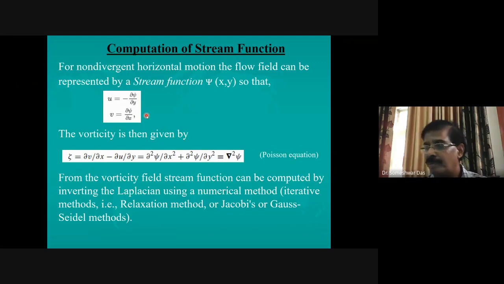There you may have a problem. You are saying that since you know the value of u and v, and you also know the value of delta x and delta y, you will try to calculate directly the value of psi by solving a polynomial equation. I mean, you will have so many polynomials.